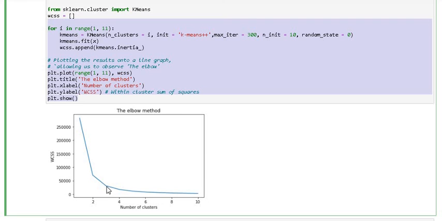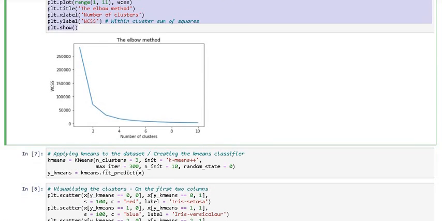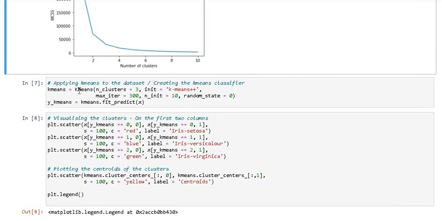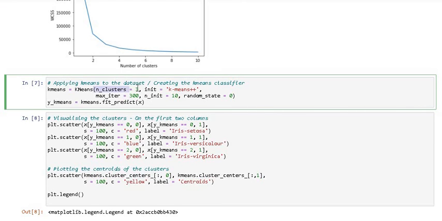So let's try to keep the value of k as 3. Now as you see, we're going to apply k-means to the data set, creating the k-means classifier. Now we understood how we found the value n_clusters equal to 3, because the inflection point lies around here. And using the fit_predict method,